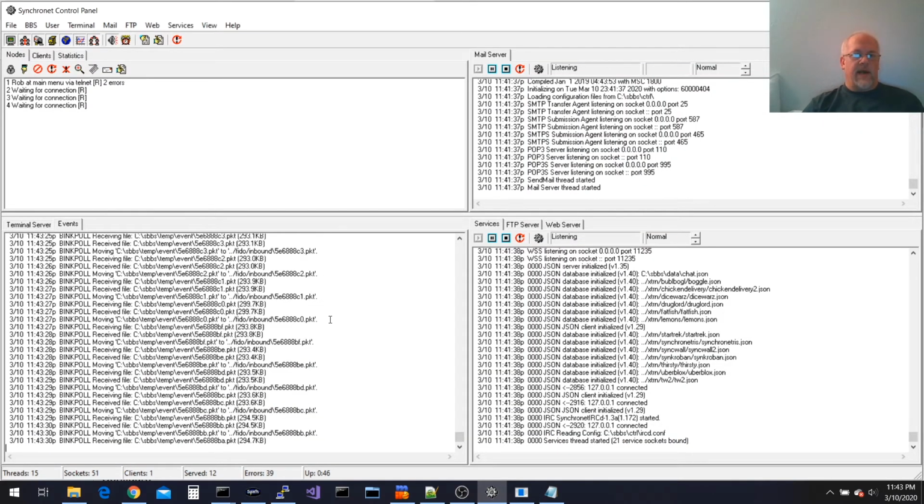Still downloading lots of packets. So had I not done that areas.bbs change where I added the unknown echo, all these messages would have just been discarded because it wouldn't have had a place to put them. And I didn't go and create all the areas because I want to demonstrate something. What I could have done